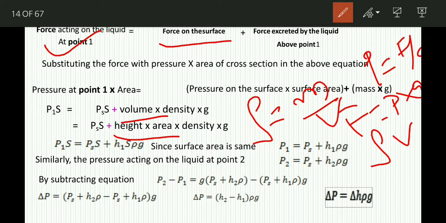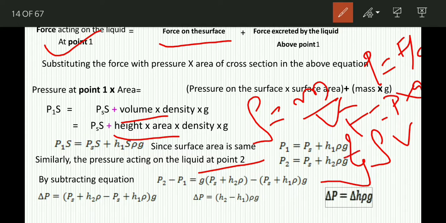So the equation is P1 S equals PS S plus height at point 1, which we write as H1, area we denote as S, density we denote by rho, and g as it is. Since the surface area is the same, we can remove the surface area. So the equation becomes P1 equals PS plus H1 rho g. Similarly, the pressure acting at point 2 we can write as P2 equals PS plus H2 rho g. By subtracting both these equations we get P2 minus P1 equals, taking g as common,